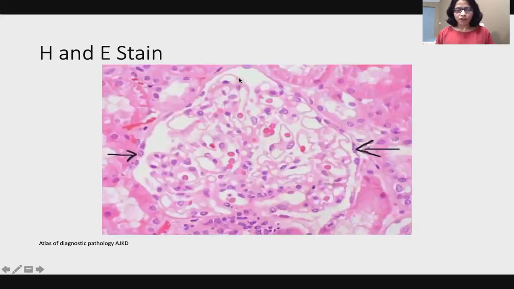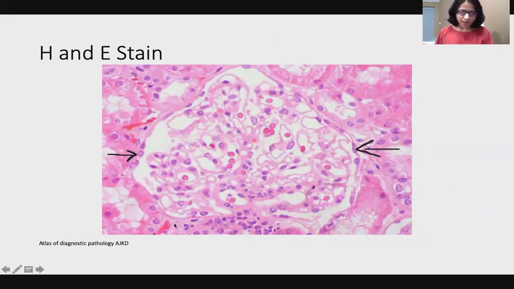So what do we see on H&E stain? Again, to recapitulate, this is the hilar pole, and you have the afferent vessel coming in, dividing into lobules, showing capillary loops. Normally under the light microscope, you may or may not see the podocytes, but if you do see them, great, but usually you don't. The podocytes are usually over here, and that's the basement membrane there. Very patent. The basement membrane is very thin, looks very flexible and very delicate. And outside that, you have the urinary space.